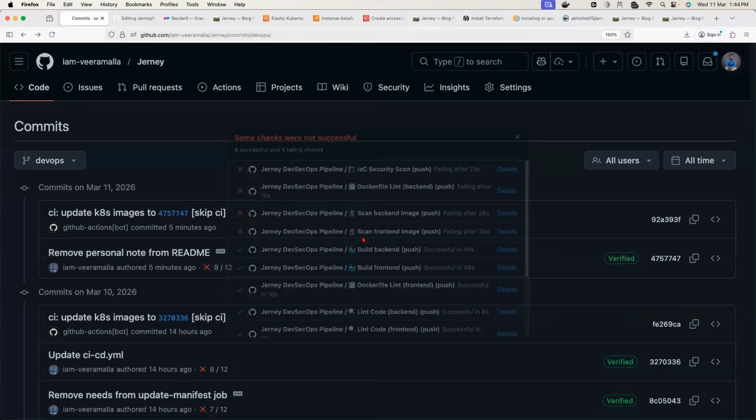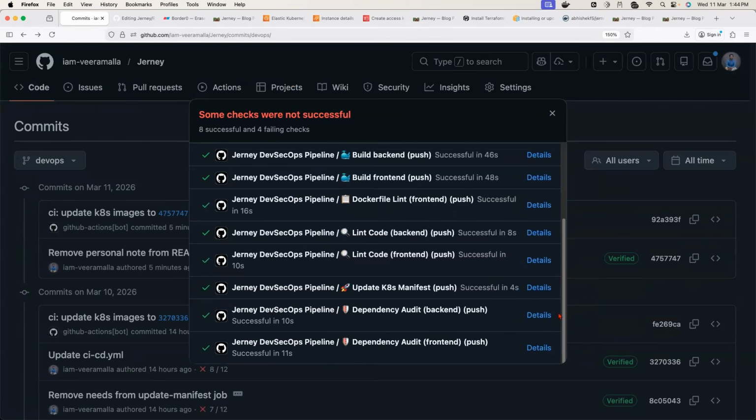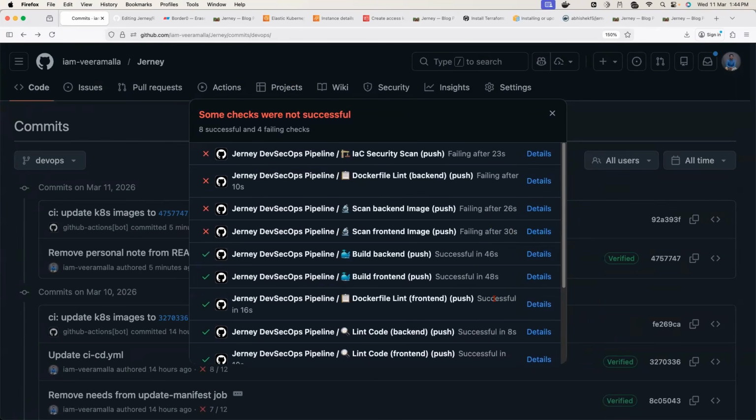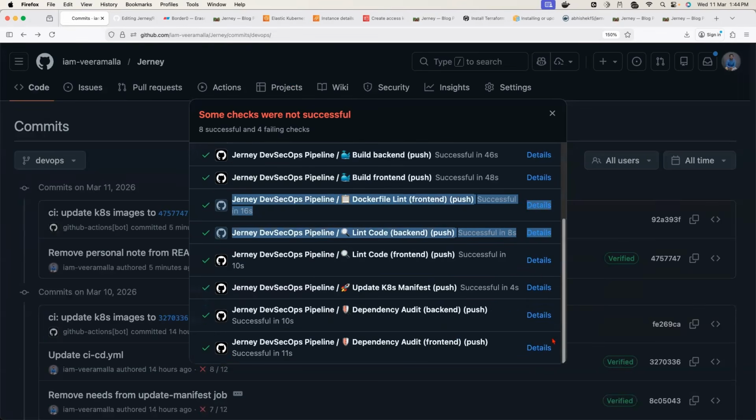So on the pull request, you will see these things passed, these things failed. Now it is up to you. Do you want to accept or do you want to fail? In fact, if you don't want these jobs to be executed, if you don't want the Kubernetes manifest to be updated, you want the Kubernetes manifest to be updated with the latest version only if all the other stages are successful, then